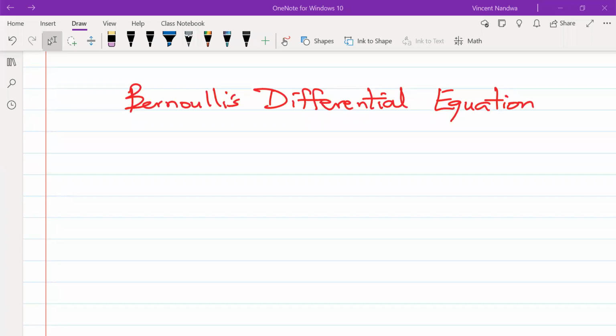In this class, we discussed the Bernoulli differential equation. We'll start by defining a Bernoulli equation and then demonstrate in an example how to solve a Bernoulli differential equation. So a differential equation of the form